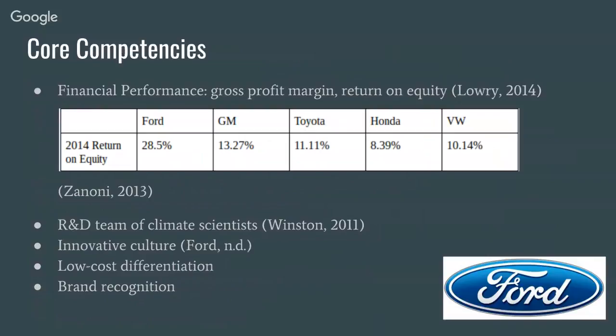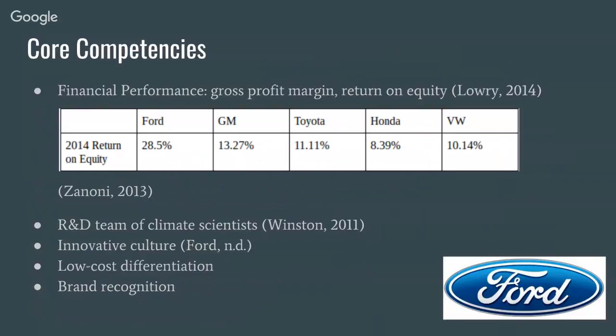Ford has their own team of client scientists that inform Ford of what will be required of their vehicles in the future, facilitating innovation and differentiation. Ford has innovation strongly embedded in their culture. According to our textbook, culture that supports the structure of a company is the most difficult core competency to imitate.